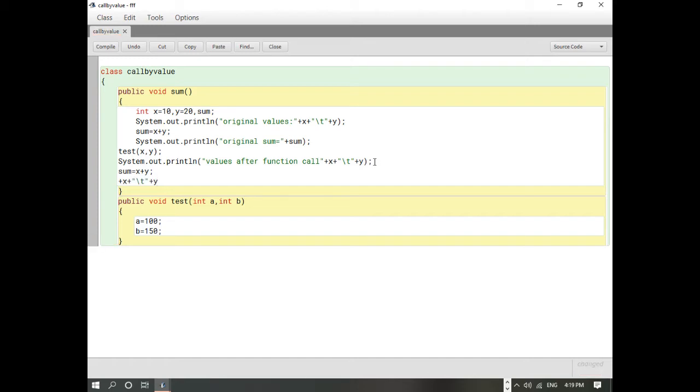So here again we can write down, we will print the value which will be computed after calling the function.